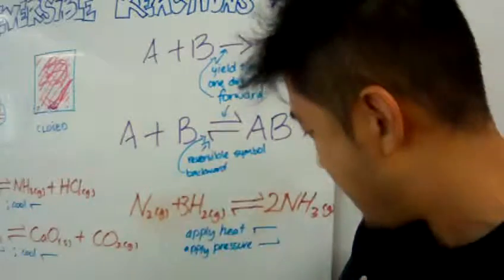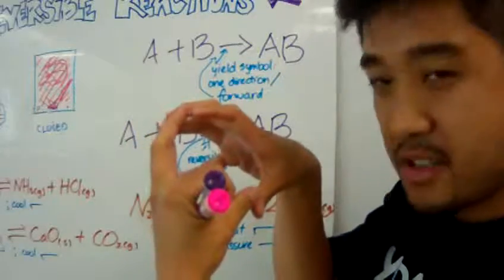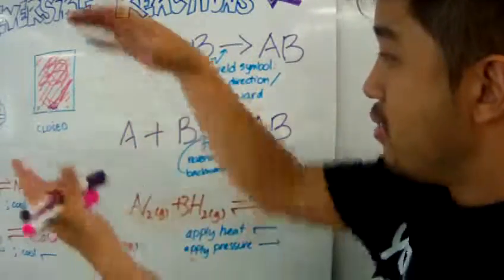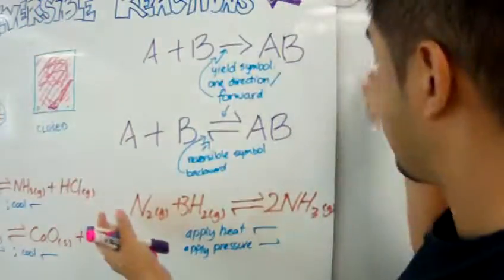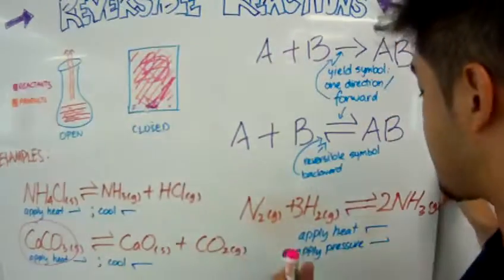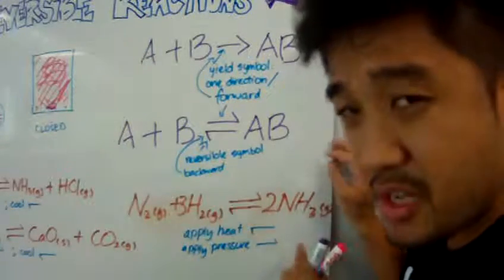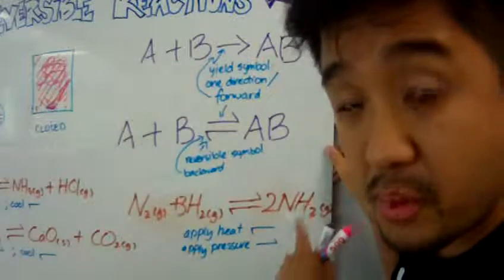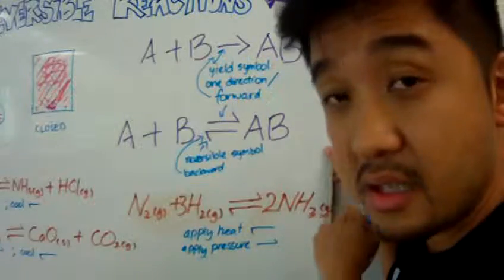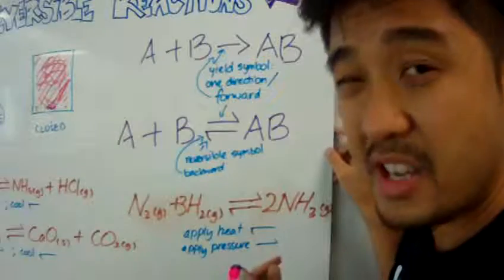When you apply lots of pressure, when you close the system down, when you squish the system, you're going to form ammonia gas. And this ammonia gas is a very important precursor in the industry,